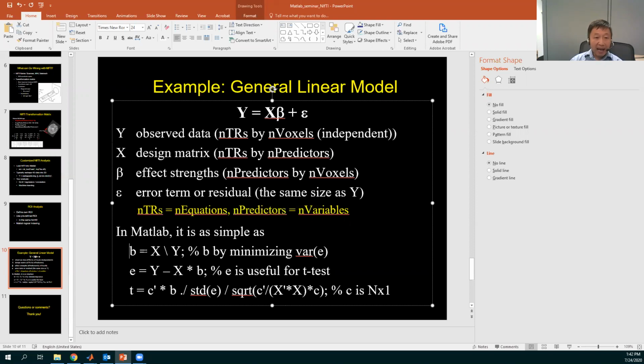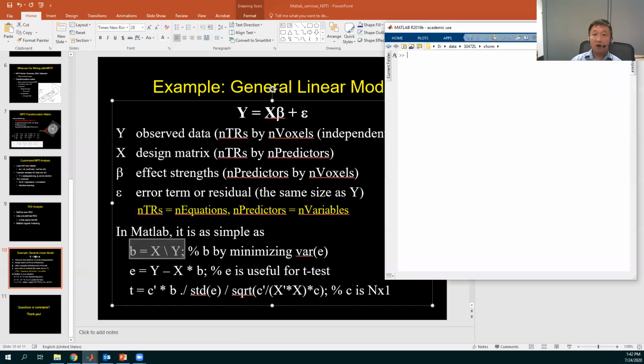So in Matlab, if we organize Y as time by voxel, that's the thing we do in Matlab to solve the linear equation. It takes about 1 second. So let's take a look at what B is. Oh, actually that's not right. Y is not right. So we need to fix it, because